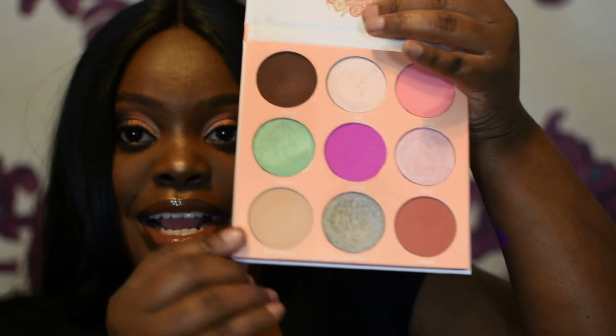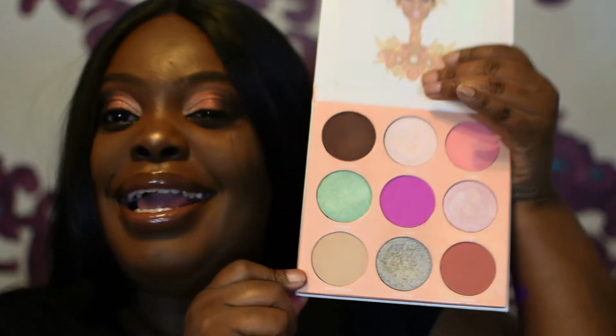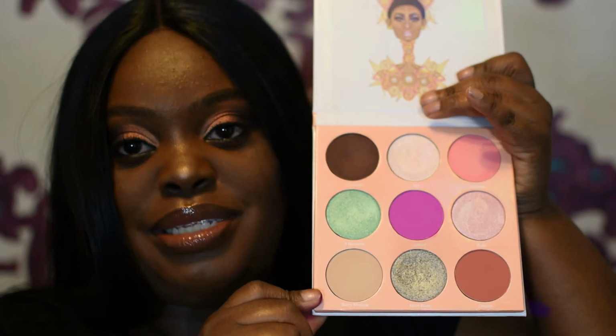Okay, can I show y'all something real quick? I know this has nothing to do with what I'm supposed to be doing. So this color is called Custard, and this color is called Berry Mousse. And I really feel with all my life they mixed the colors up. So yeah,